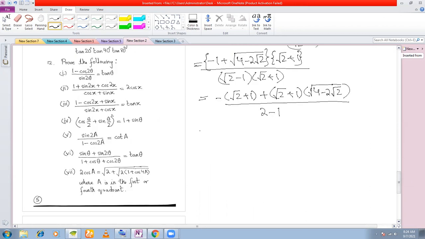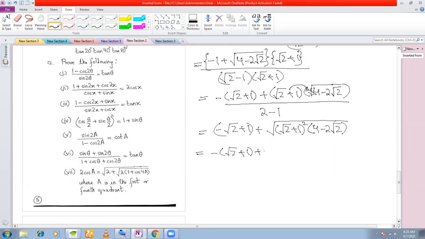So now we are only left with the numerator because the denominator has become 1. So therefore what you do here is minus root 2 plus 1, and this root 2 plus 1, you insert within the radical. So this will become root over of root 2 plus 1 whole square into 4 minus 2 root 2, right? So this will be minus root 2 plus 1